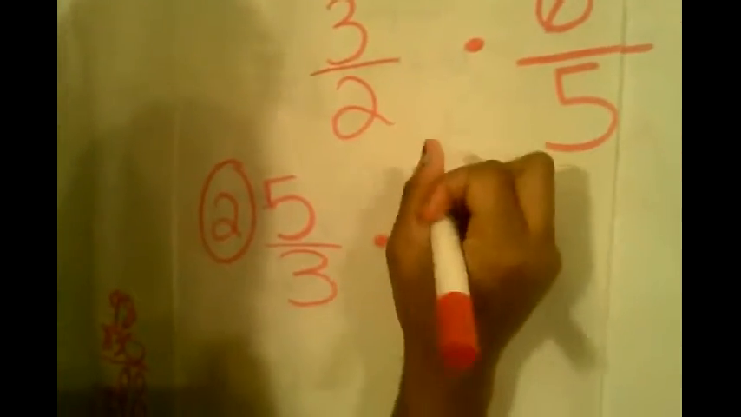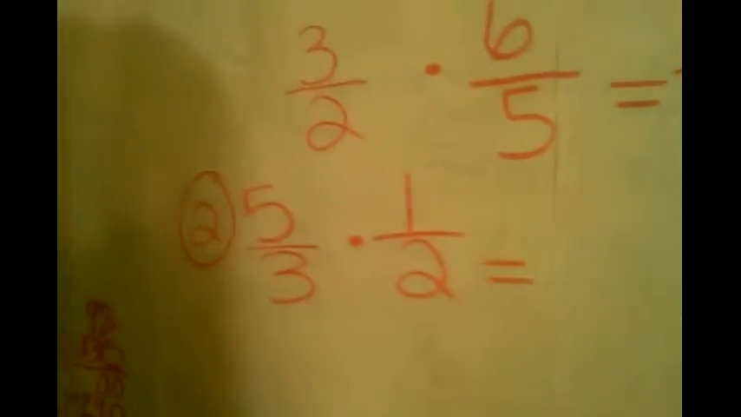Then you can do 5/3 times 1/2. So with that, you just rewrite the problem. And 5 times 1 equals 5. Then 3 times 2 equals 6, and that's 5/6. And you can't reduce that anymore. Right. So then